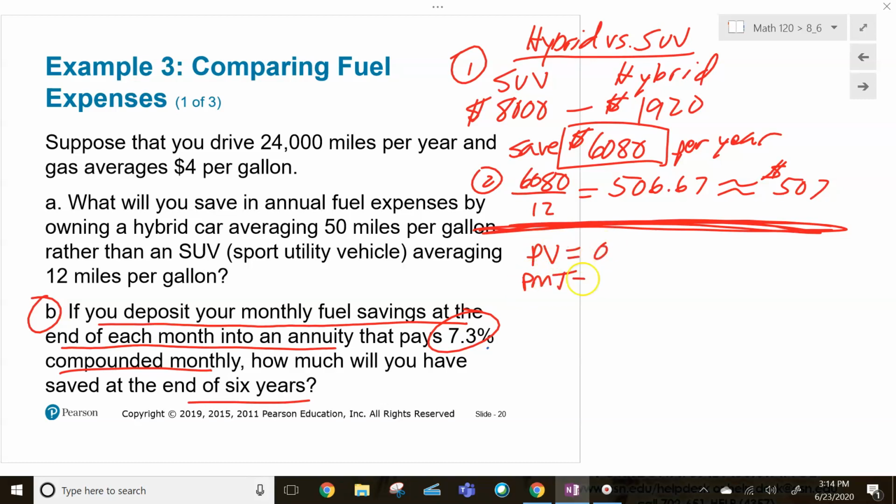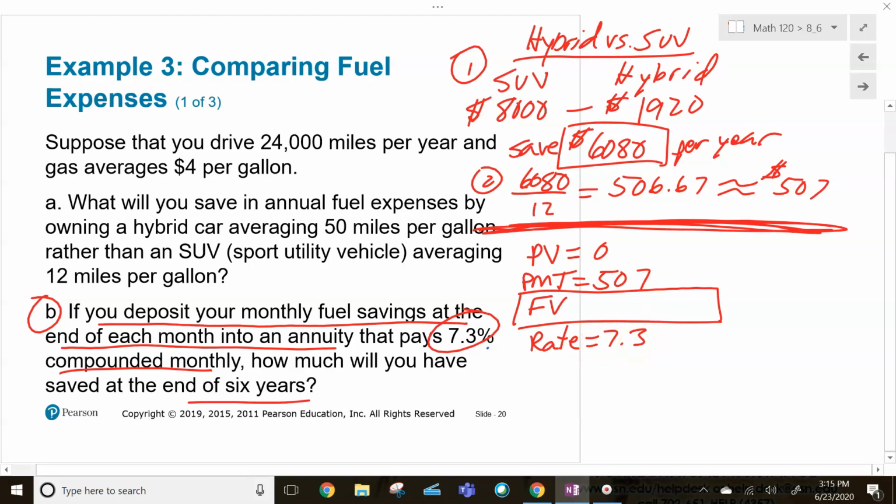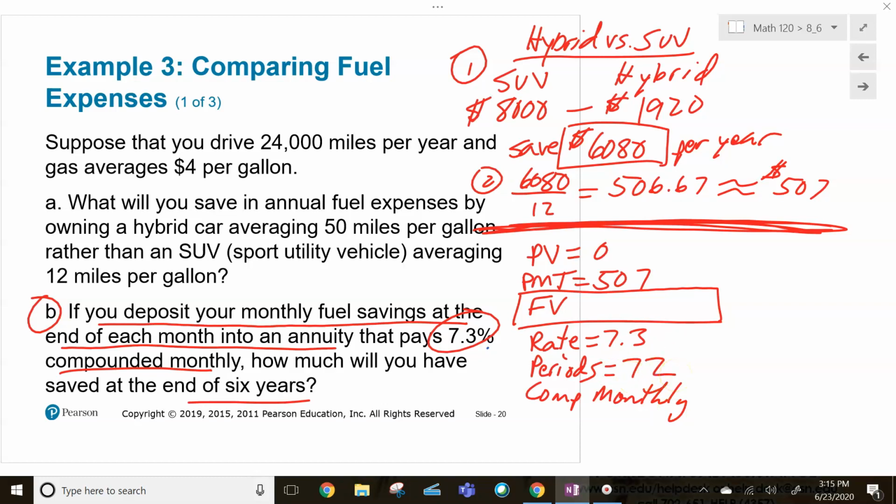So we're starting with nothing. We're making a payment of 507. What's the future value of this annuity when I'm getting a rate of 7.3%, and this is compounding monthly? Remember, periods is n times t, so 12 monthly compound here, 12 times 6, we got 72 payments I'm going to make. We're going to make it 12 times a year for 6 years. 12 times 6, we got 72. Go ahead and punch that in,